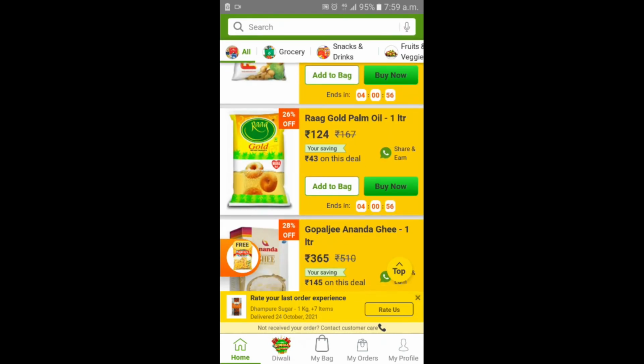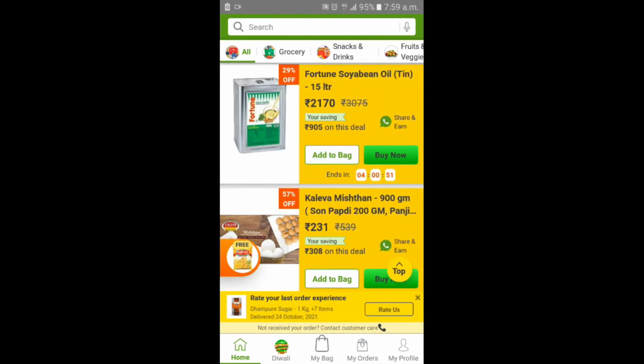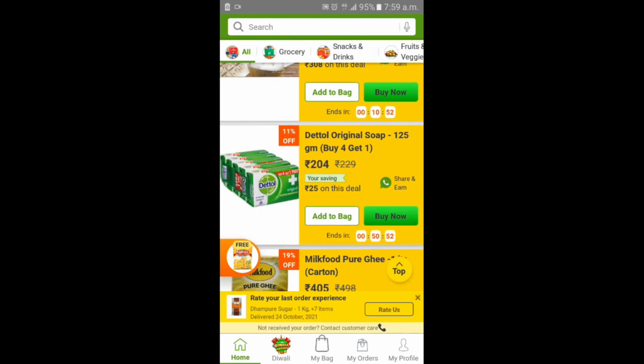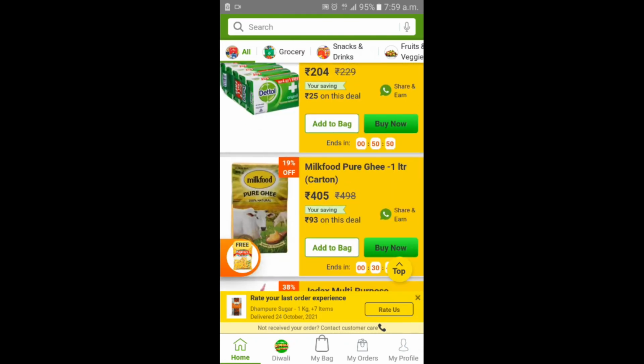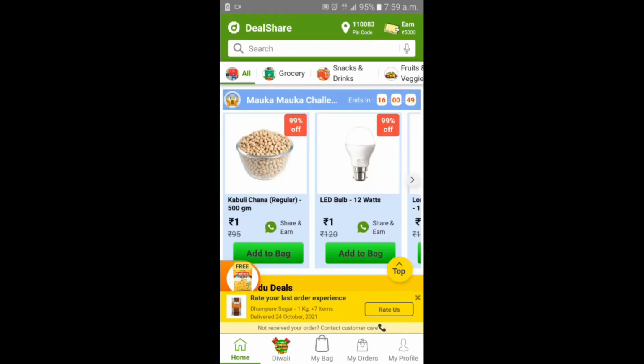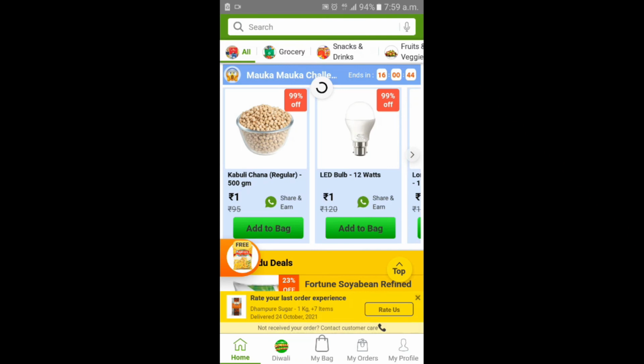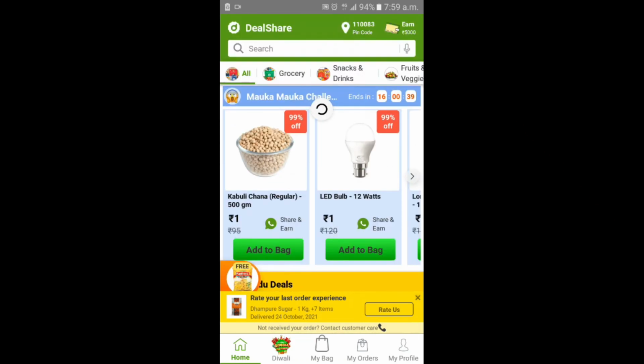Again drag it down and you can see much more deals are there. Select the deals to add to your bag. I will show you how to add to your bag, like 500 grams chana at 1 rupee, and just click on add to bag.